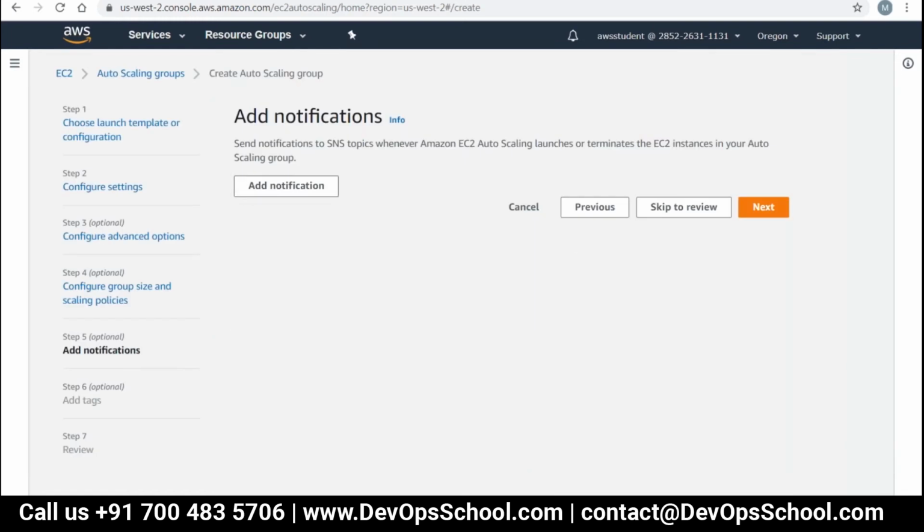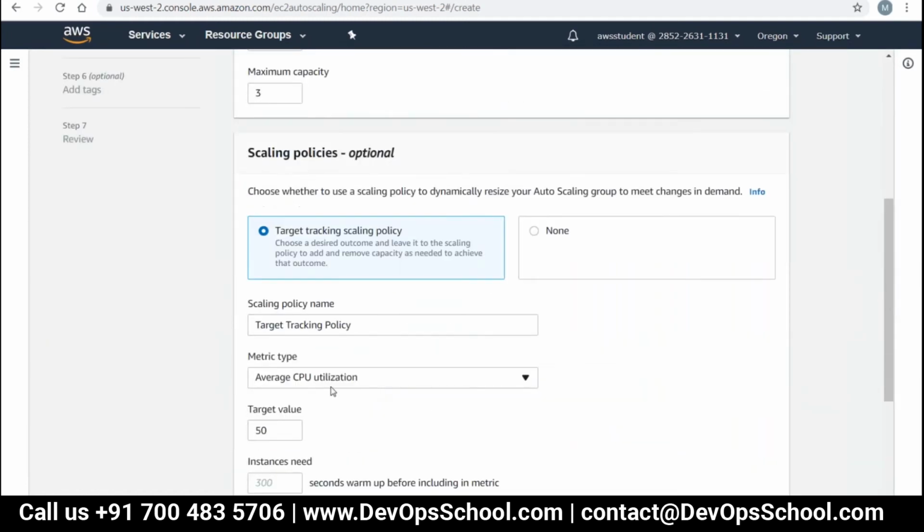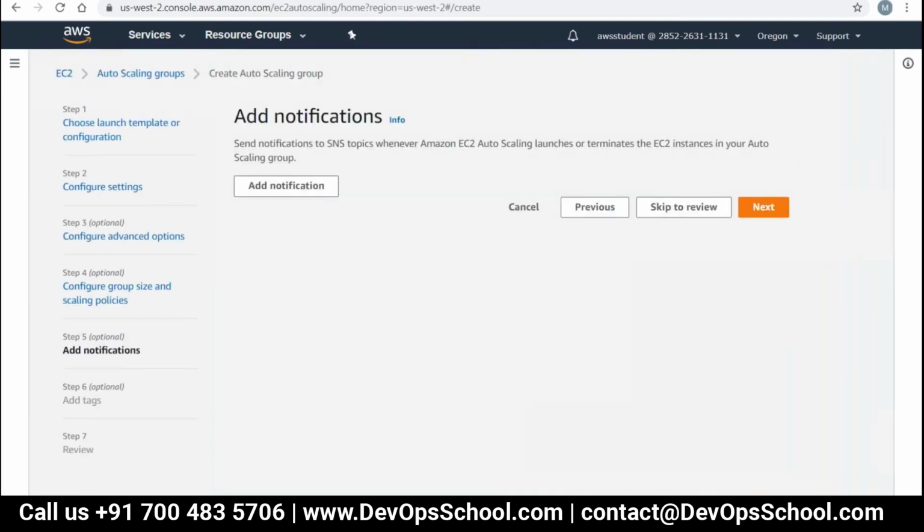Then add notifications. We do not have any notifications. Average CPU utilization based scaling, do we have it? Yeah, average CPU utilization metric. Okay, let's move. Do we have notifications? Yeah, configure notifications.